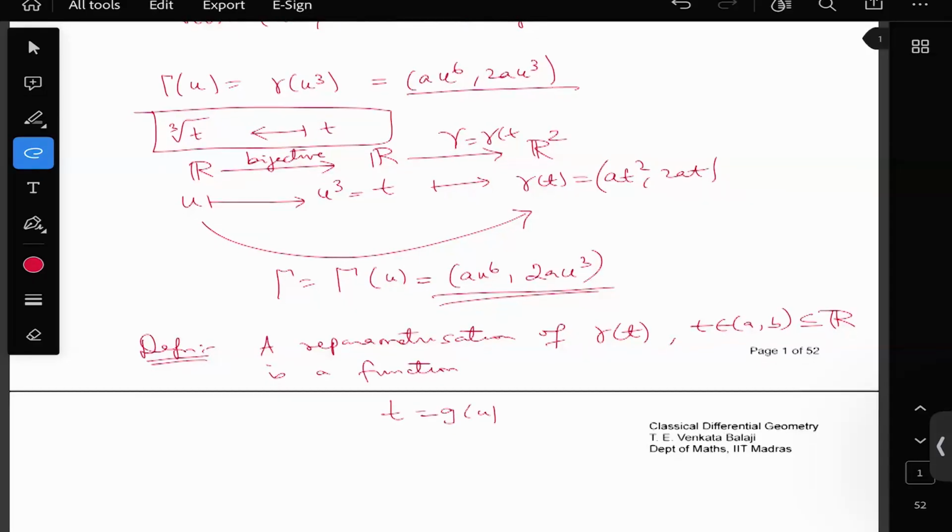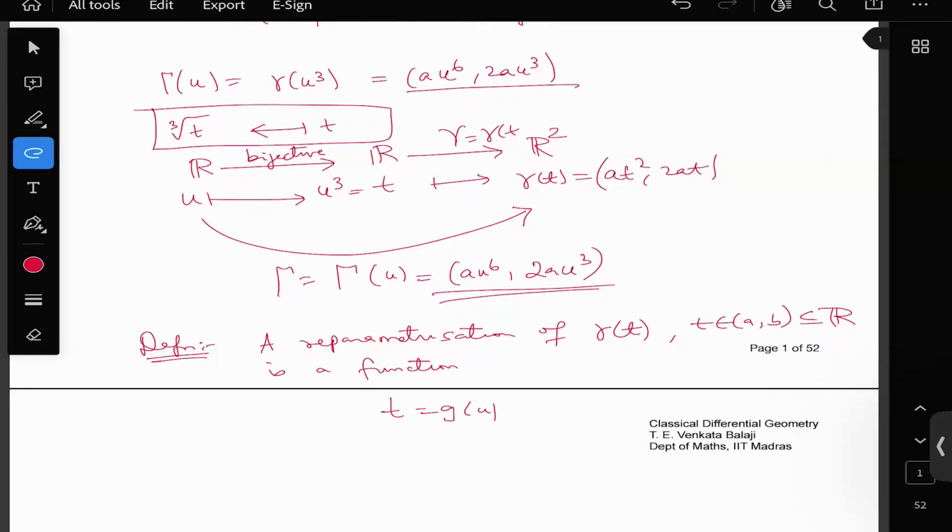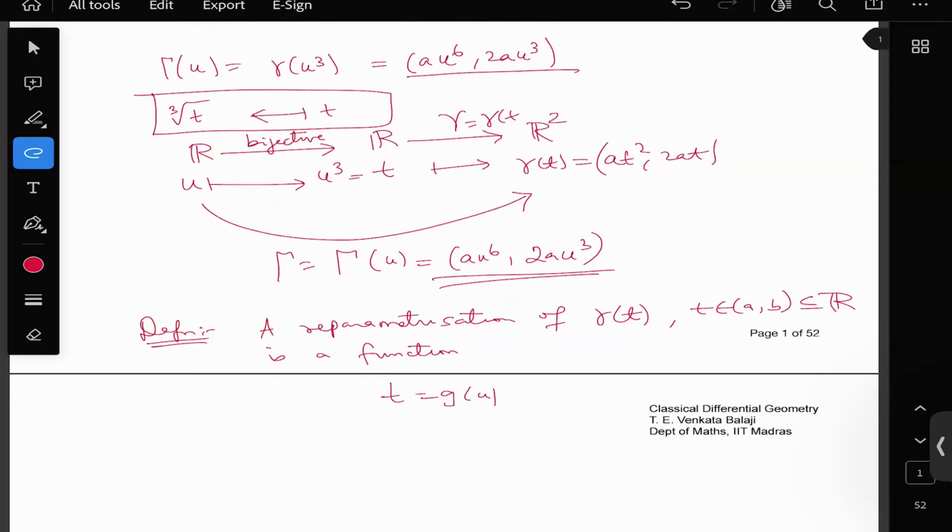I am writing t as a function of u, but now I will require that this function be bijective, and both ways, the function and its inverse must be differentiable. This is of course for u varying from c to some d on the real line, such that